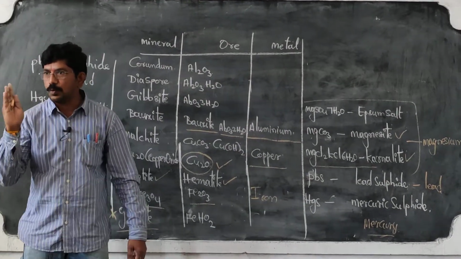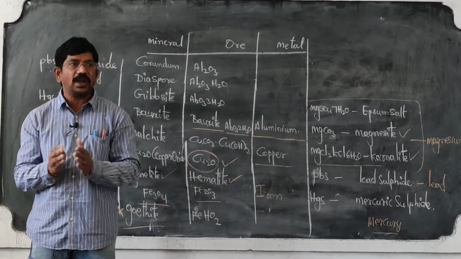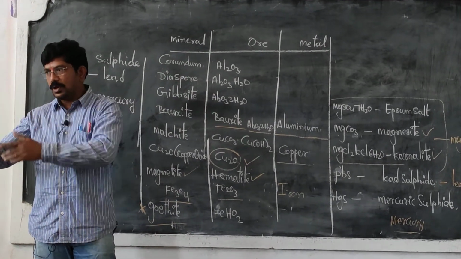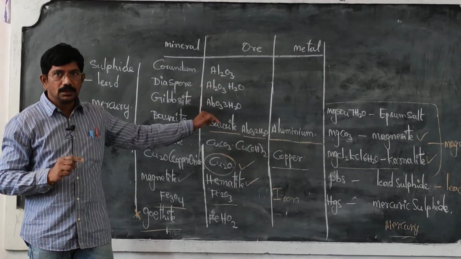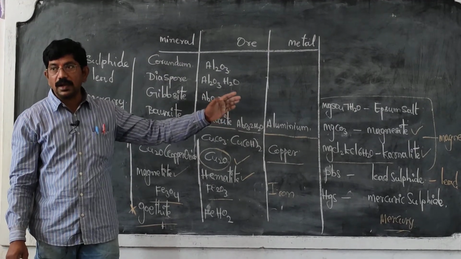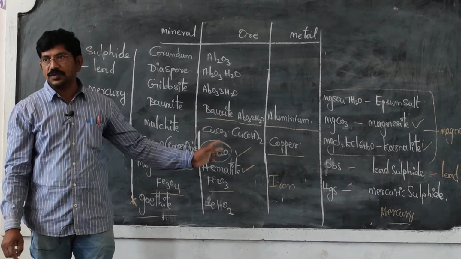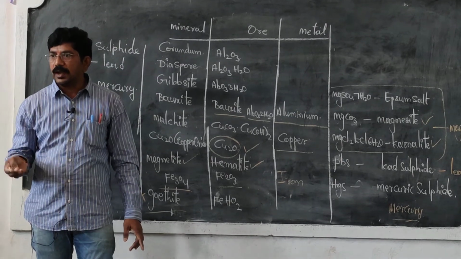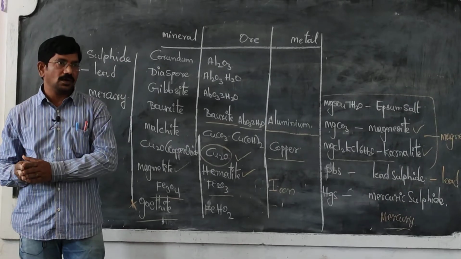Okay, in your textbook also so many examples are given. Sulfide ores are given and carbonate ores are given. You are asked to list out the sulfide ores and carbonate ores in a table. It is given in your textbook. Observe that one. Okay, you do that one. Are you clear? Okay, I have given the difference between mineral and ore. What are the minerals and what are the ores and what are the examples? Few examples I have given and some more examples are there in your textbook, and tabulate those ores as sulfide ores and carbonate ores. Okay, right.